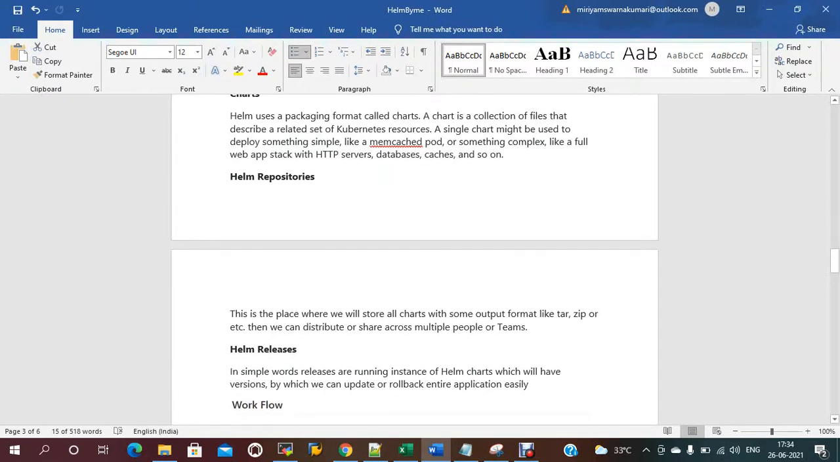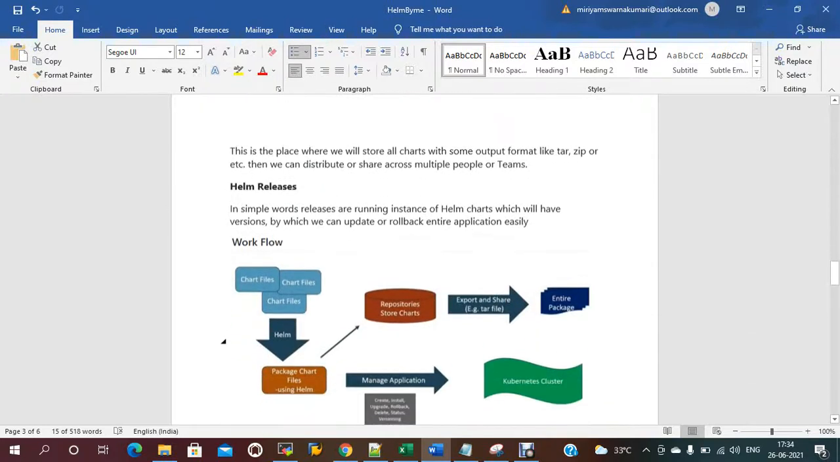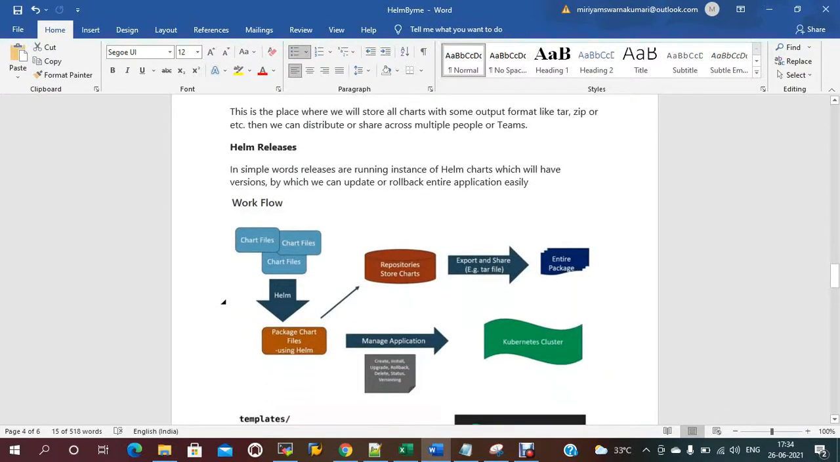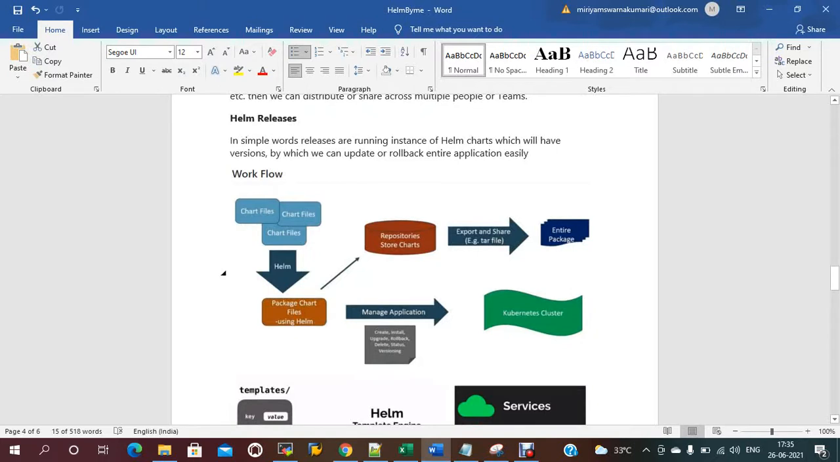Helm release, in simple words, is a released instance of a Helm chart, which will have a version. Suppose just now I installed the Helm chart for Nginx, right? If I have any modifications, we can upgrade to the next release and deploy it. So the workflow is like this. We create a Helm chart, that chart has the packages, and once everything is completed, we can store it in the repository. And manually we can manage your application: create, install, upgrade, and it is deployed into the Kubernetes